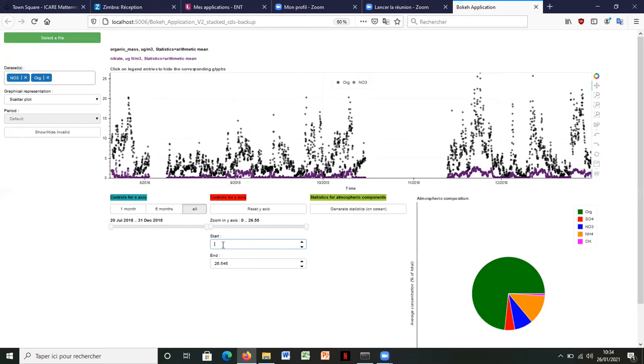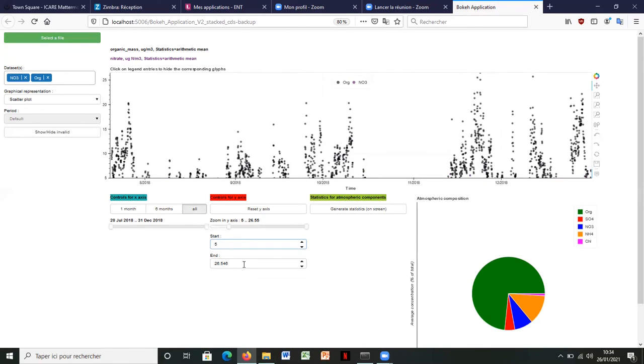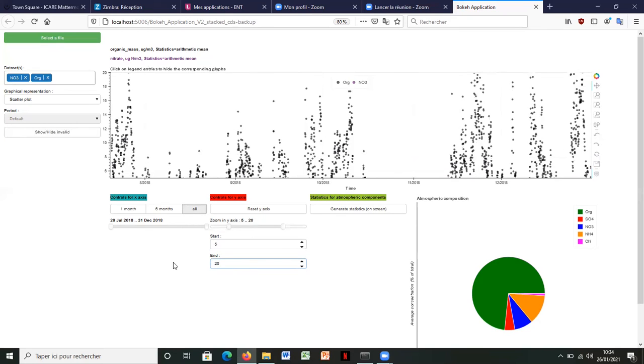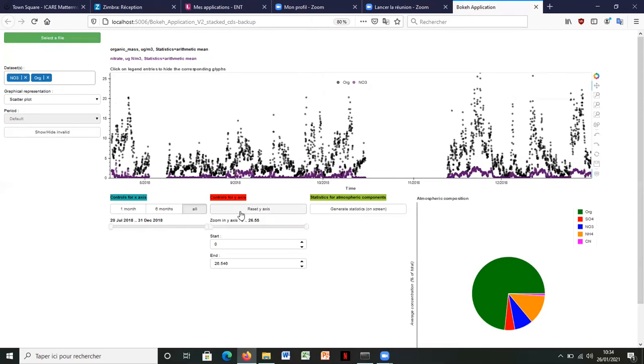For example, if I choose 5 here and 20 here, you can see that the scale has been dynamically updated on the figure. Then a reset button resets the scale.